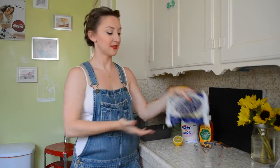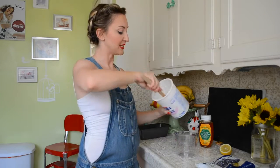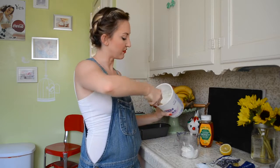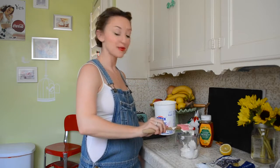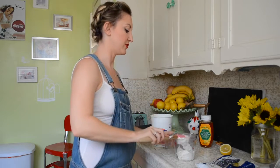This is gonna be so easy. Here we go. We have some frozen blueberries, some lemon, some Greek yogurt, honey, and a blender. That's it. The first thing we're gonna do is take a whole cup of Greek yogurt, because I'd like this to be super creamy and a little bit more on the frozen yogurty